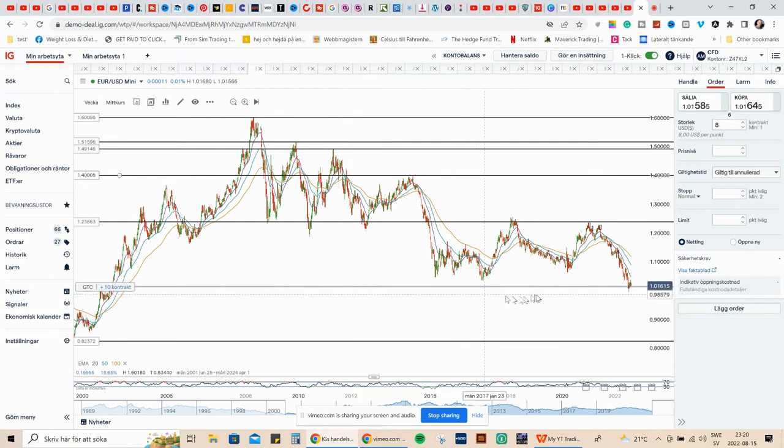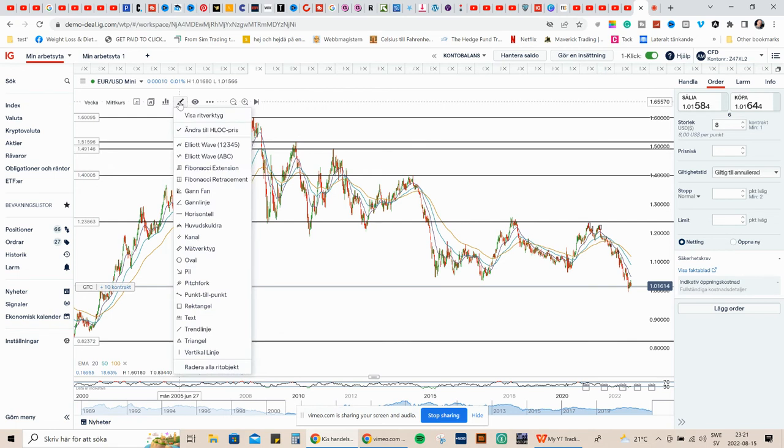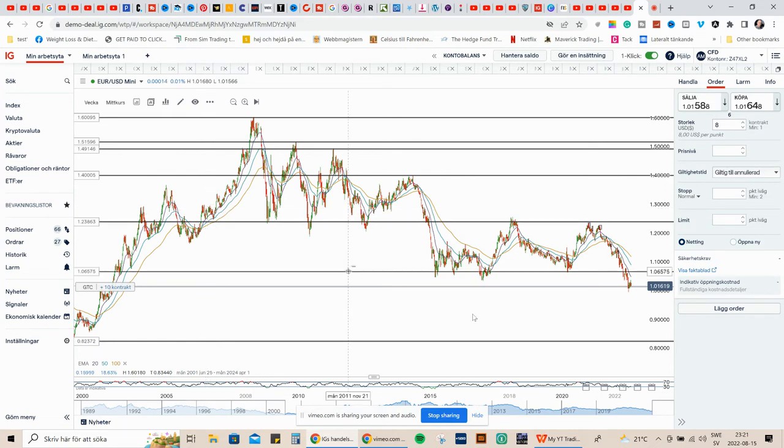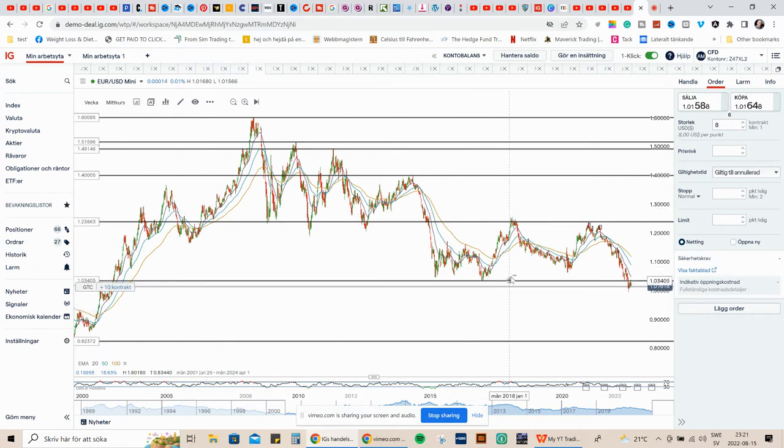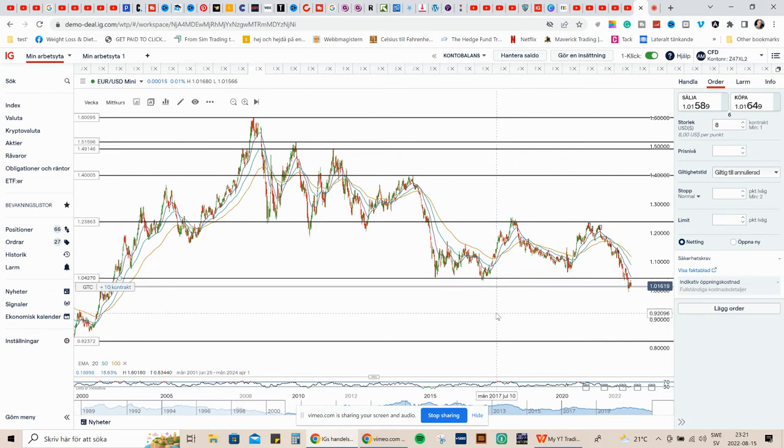So this horizontal line here is actually not a support zone, a support level. I actually bought this euro dollar pair today here at this level. Why? Because it dropped below this strong support level. Very often, especially when it comes to forex trading, we have false breakouts. There are lots of tricks. That's another thing I will tell you in another education